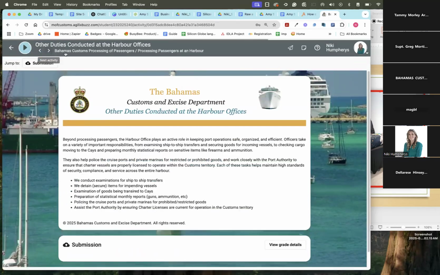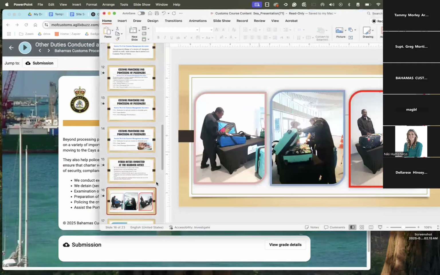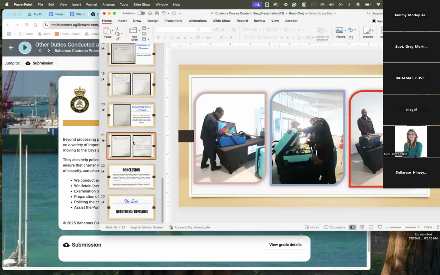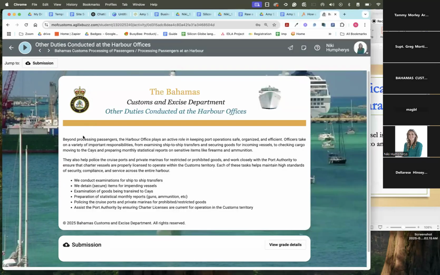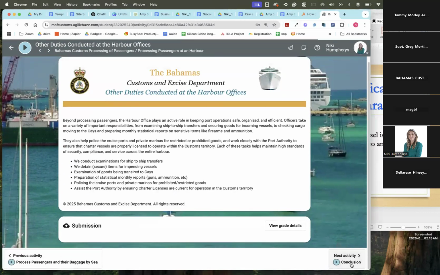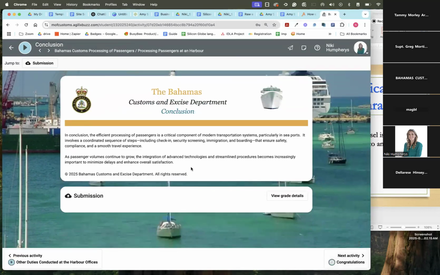And then let's see, those were the documents. Let me see what I did here. Other duty. Oh, you had an other duty. So this is just some context there. And then the conclusion. Very similar to the airport one, very similar gaps to the airport one as well,